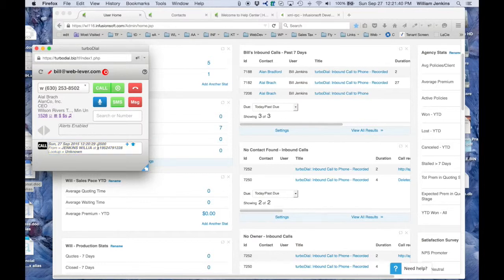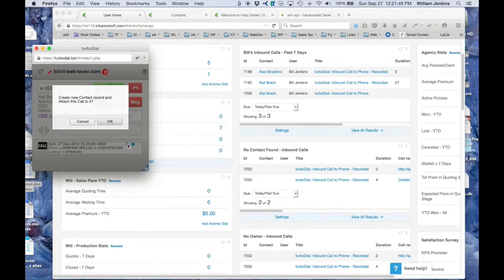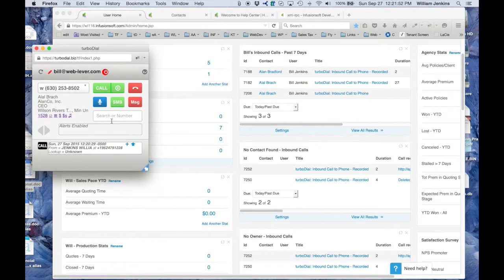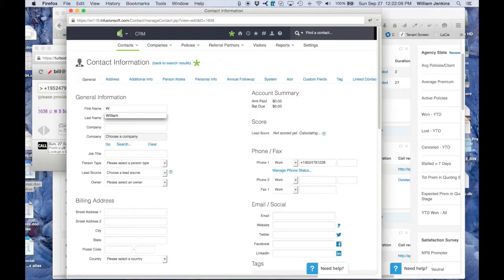Just by clicking this screen pop, it turns from yellow to white. That is an indicator that I viewed it. I can click the plus button and it asks me, do I want to create this contact record and attach the call to it? I'm going to say OK. Now that contact has been created. Please provide the name, right? I need to put a name in for this contact. Let's install that name. I'm going to open the contact record